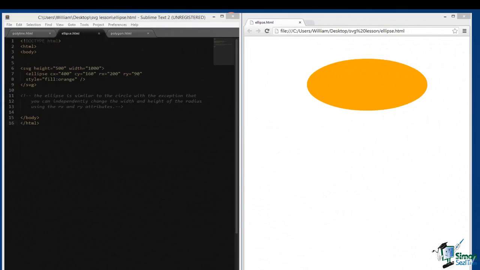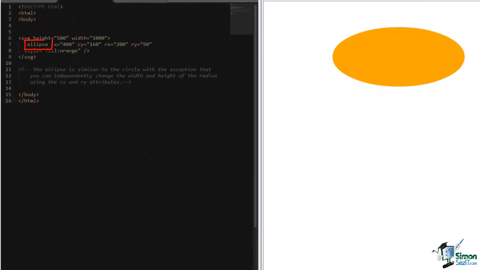So one shape that we haven't talked about yet is the ellipse. And the ellipse is similar to the circle with one exception. You can change the horizontal and vertical axis of its radius using the Rx and Ry attributes. So for example,